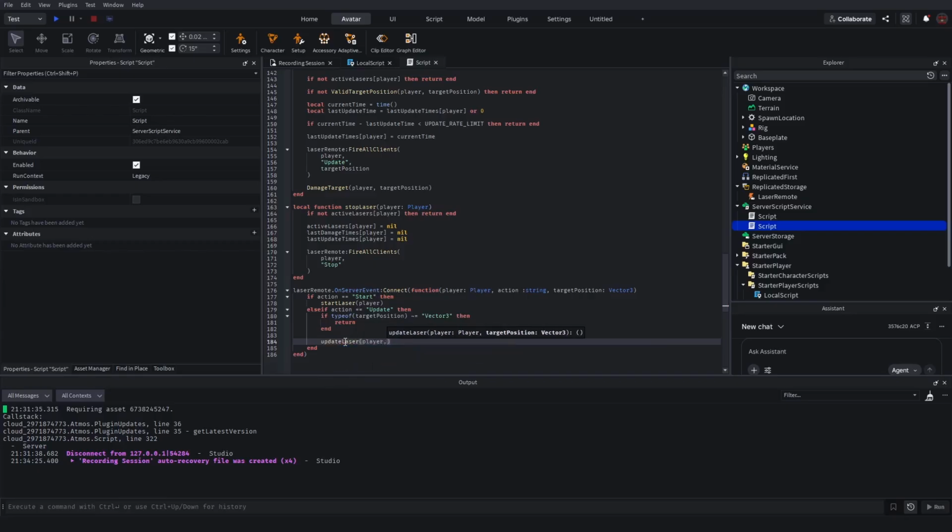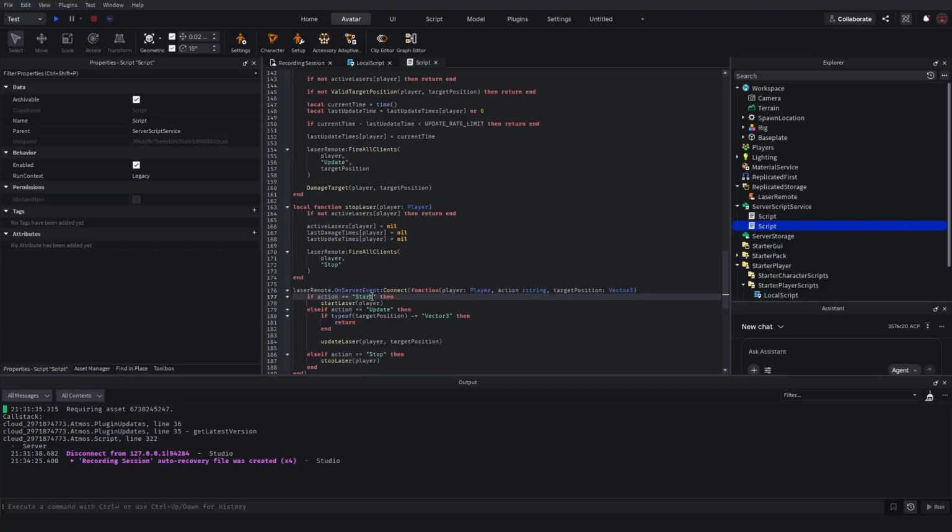We're going to put the player as a first argument and then target position as a second one. And lastly, we're going to do else if action equals stop, then stop laser player. So when you're passing these arguments right inside the on server event and you're checking the